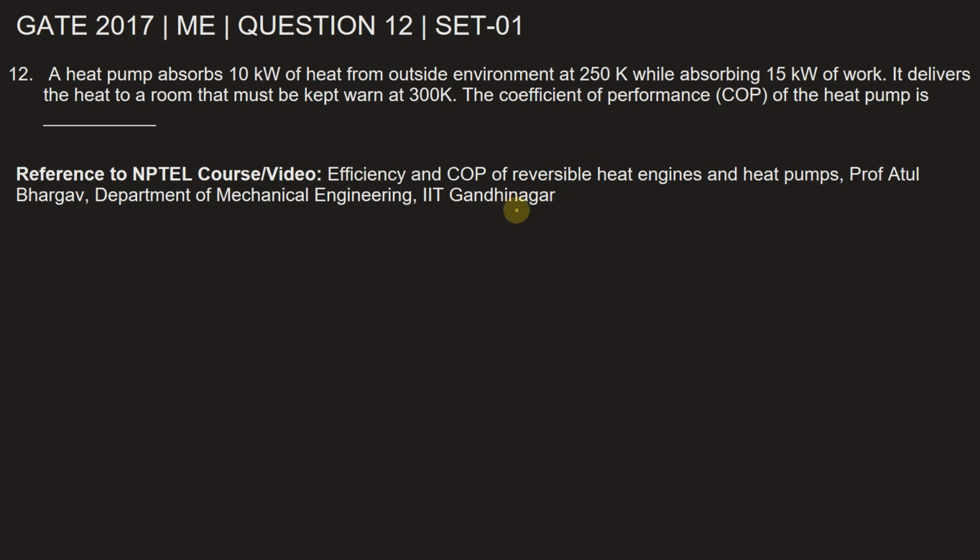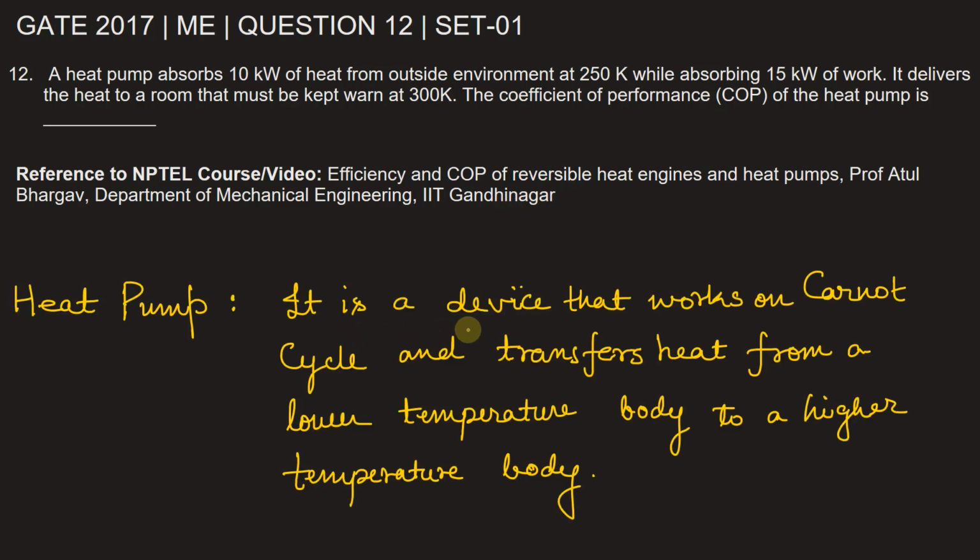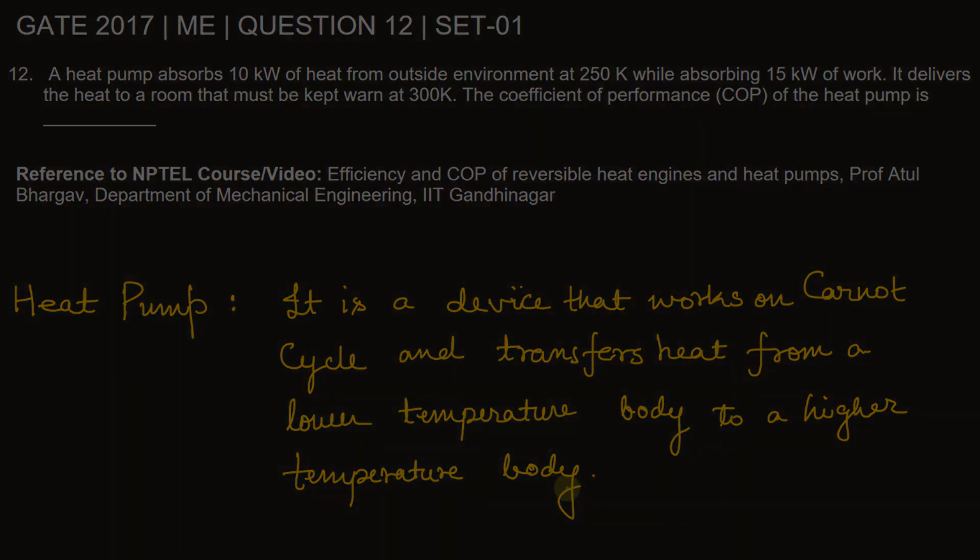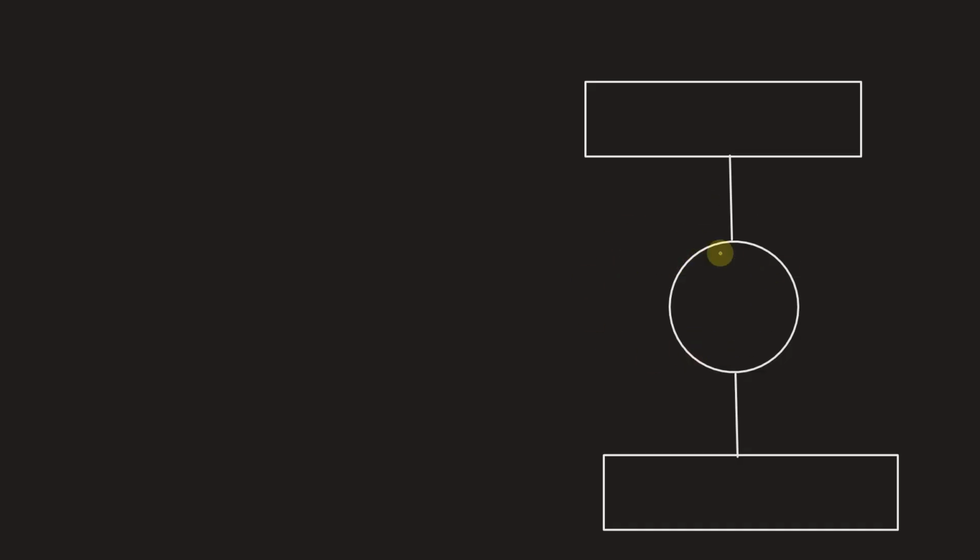First, let's see the definition of a heat pump. A heat pump is a device that works on the Carnot cycle and transfers heat from a lower temperature body to a higher temperature body. This schematic diagram shows the working of a heat pump. So let's say this is a heat pump,